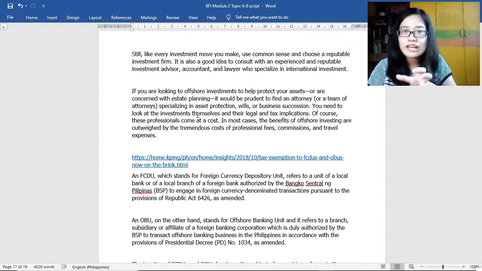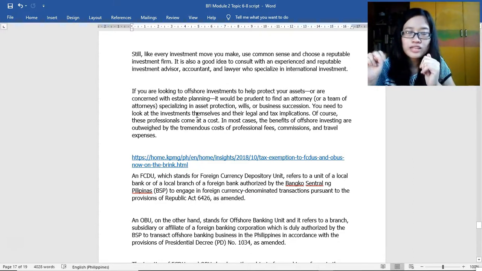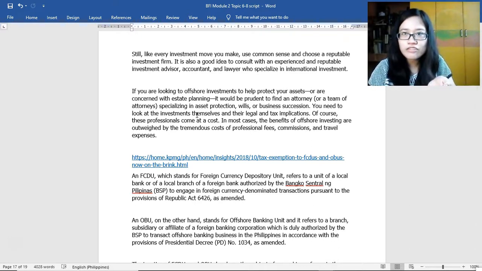that you are dealing with an offshore bank that is registered with the Monetary Board, the BSP, so that it's operating legitimately and legally in the Philippines, and that in a rare circumstance wherein your money gets stolen, you'd have recourse to report to the BSP and get help in going after the criminal. Okay,